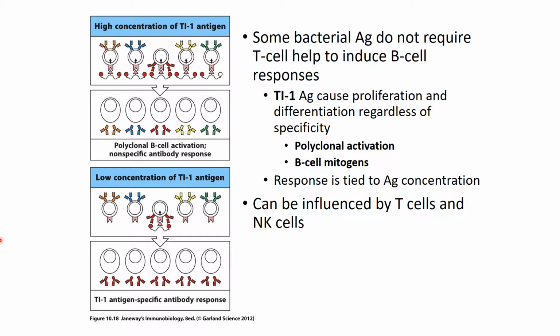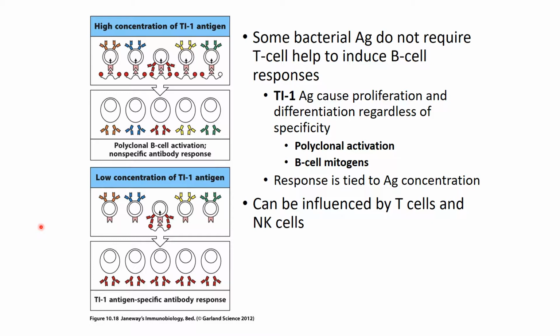Keep in mind, at the beginning of this chapter, we discussed that there was also a thymus independent method for B cell activation. Well, it turns out certain bacterial antigens do not require T cells to activate B cells to go through proliferation as well as becoming a plasma cell. What we find is if you get a high enough concentration of certain bacterial antigens, LPS, things like that, certain endotoxins, these will bind to certain receptors on the B cells, which will trigger clonal expansion, rounds and rounds of